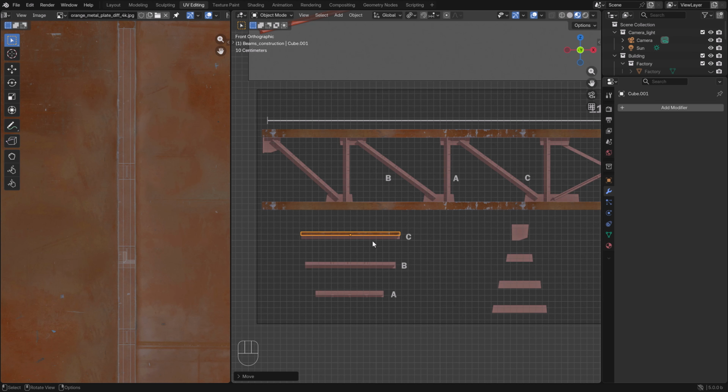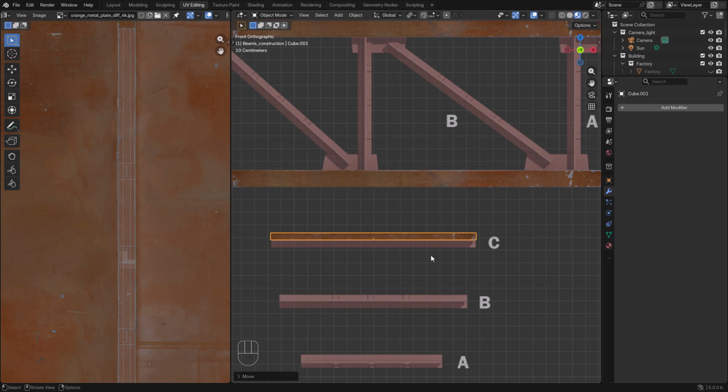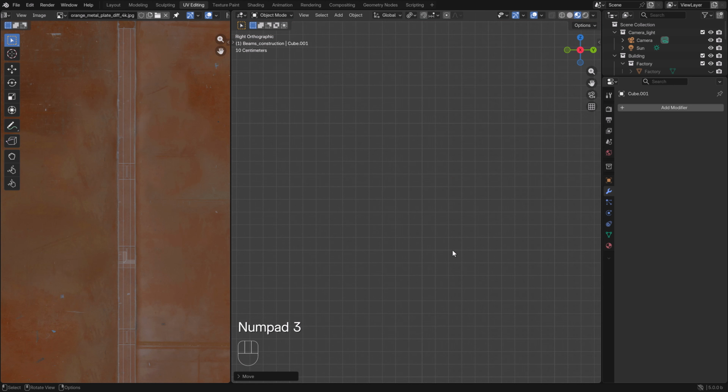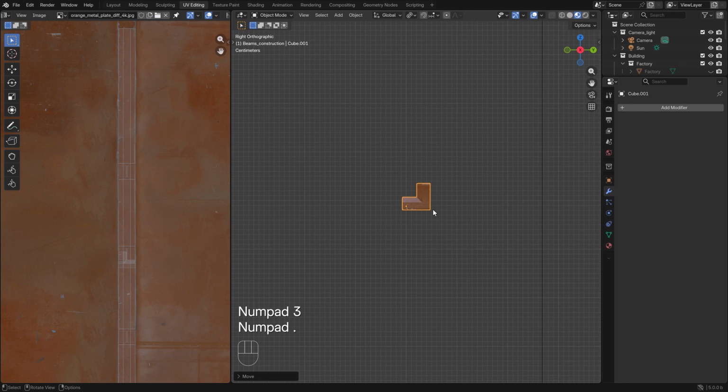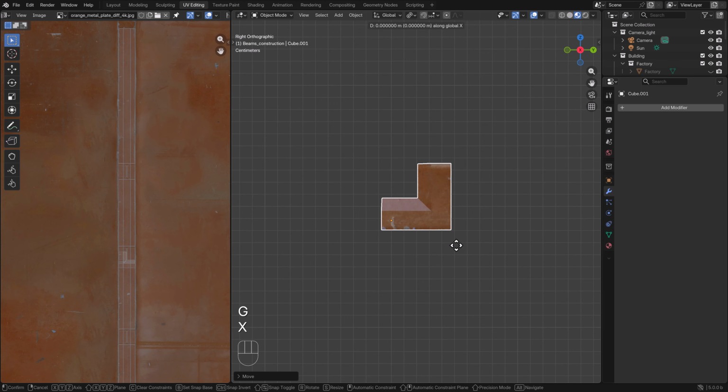That's the bottom. So we have to make 3 versions. Pretty easy. As soon as this one is ready, we can just hop to the next one. So I like to go to the side view, press point on the numpad, and we have this selected in the middle. And I just want to move this to the left, GY,